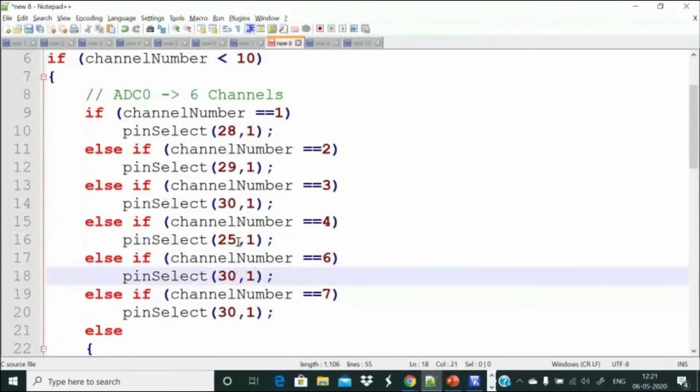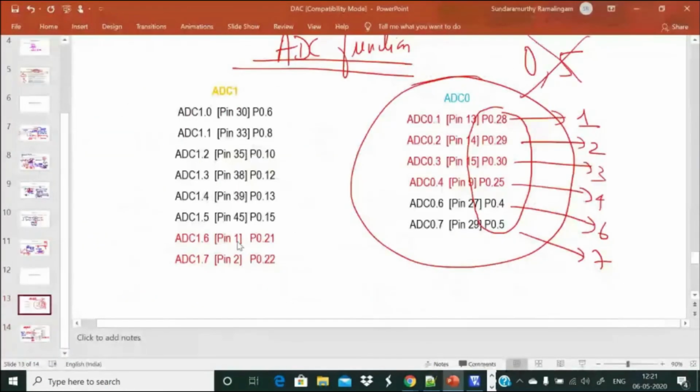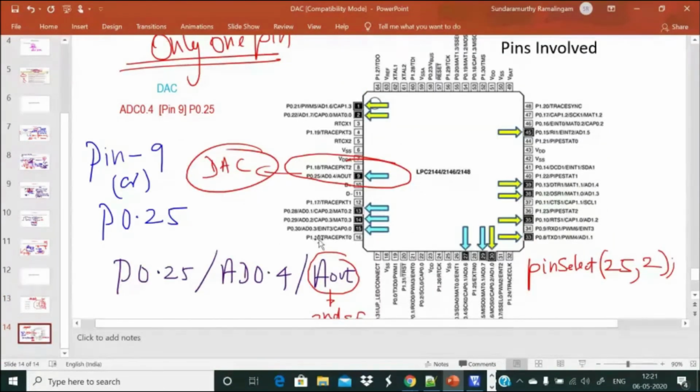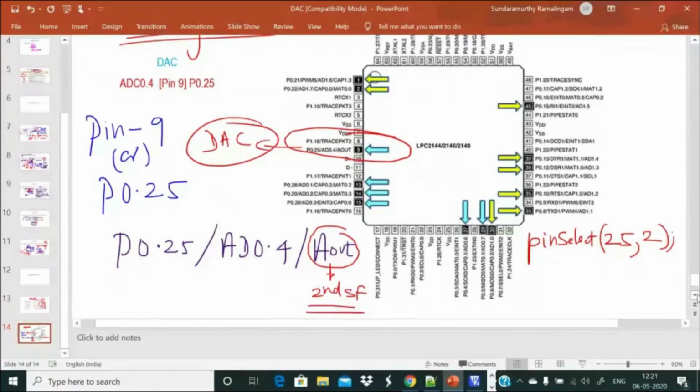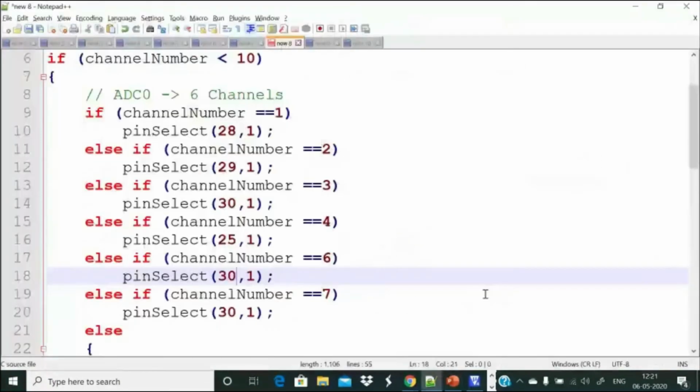Channel number 6 is the 27th pin. The 27th pin is here. Interestingly, if you see, ADC's channel 6 is the third special function, 0, 1, 2, and 3.